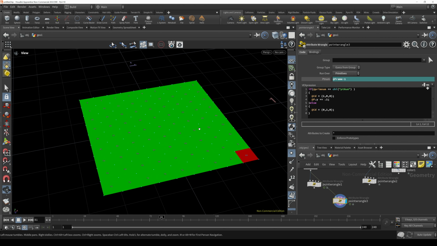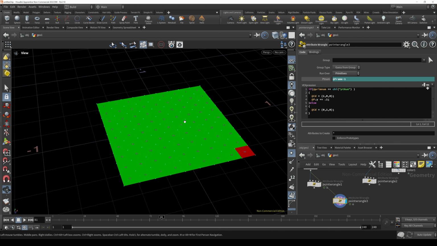But this is a little boring, having everything get set to green that didn't meet this comparison requirement, so we could do some cool things to change that. Let's say if you are not the prim number that is equal to the current frame number, or our variable up here, let's change this. Let's say